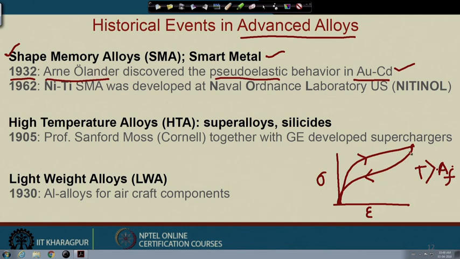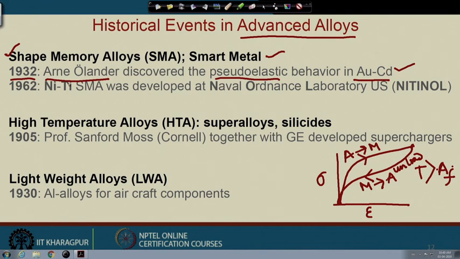plastic deformation, but it is not plastic, it looks like elastic, because we can get this back, because here martensite transforms to austenite and here austenite transforms to martensite. So, during deformation austenite transforms into martensite and the martensite transforms into austenite during the unloading cycle. This is unloading. So, this is also a great achievement in this particular case.